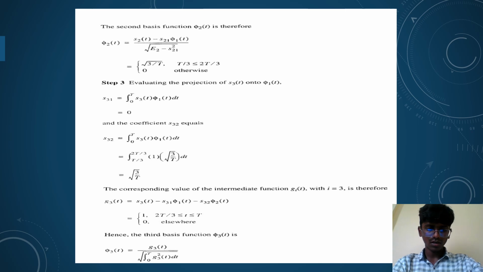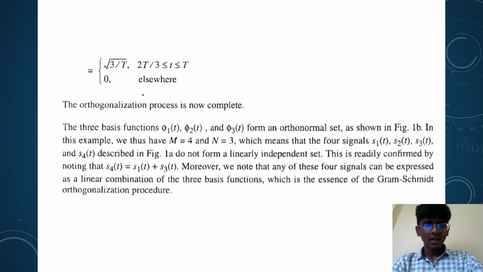Hence the third basis function phi3 of t is equal to g3 of t divided by square root of the integration 0 to T of g3 square of t dt. Move to the next slide. The orthogonalization process is now complete with these steps. The three basis functions phi1 of t, phi2 of t, phi3 of t form an orthogonal set shown in the figure. In this example, we have M equal to 4 and N equal to 3, which means that